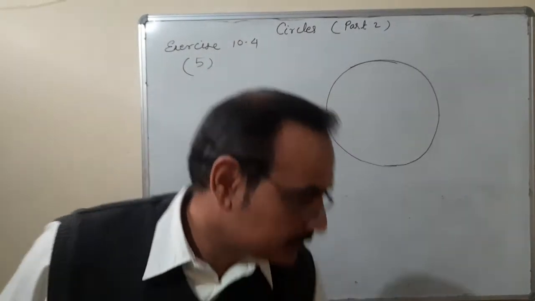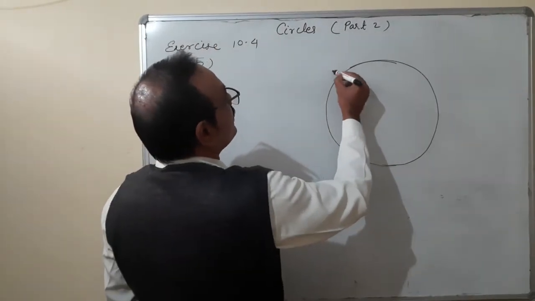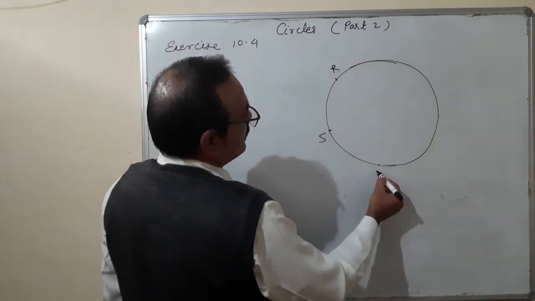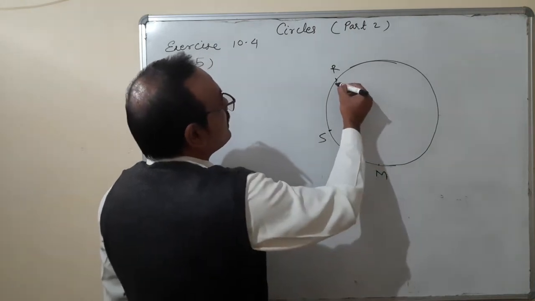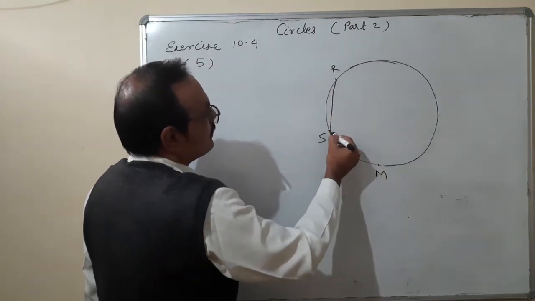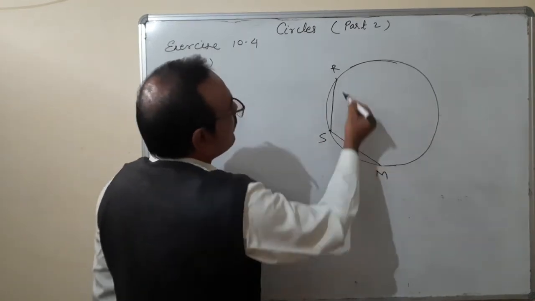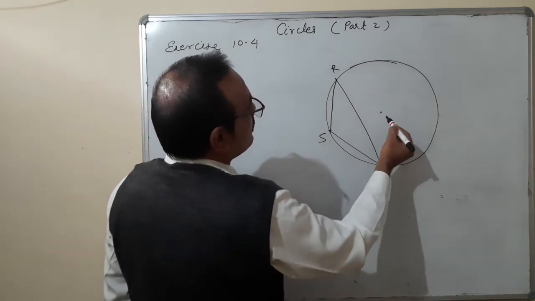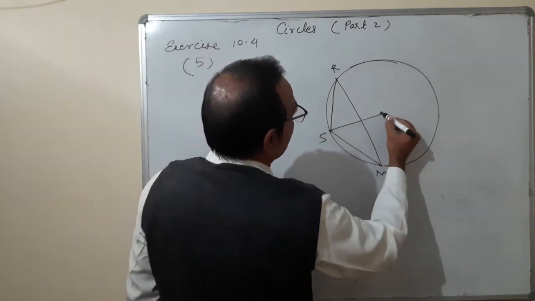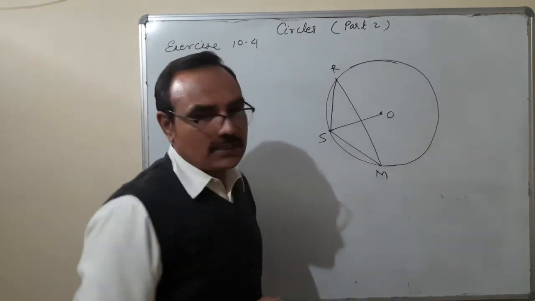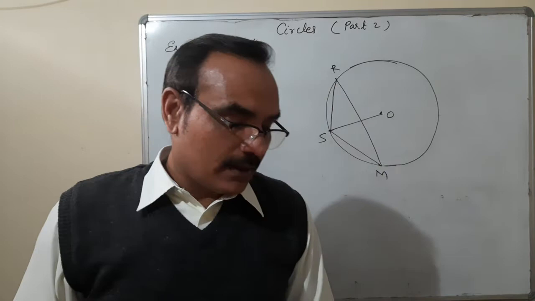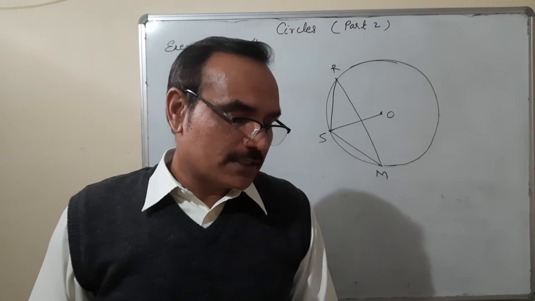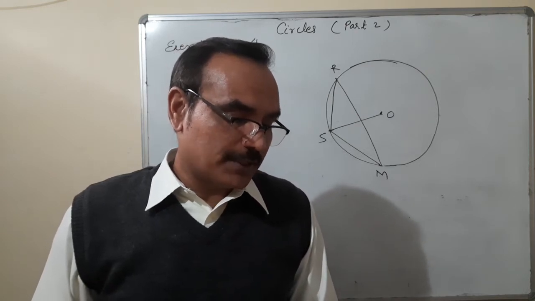Resma, Salma and Mandeep, this is the position. Resma, here is Salma, and that is Mandeep. Resma to Salma and Salma to Mandeep. The radius of this circular park is 5 meter, and the distance between Resma to Salma and Salma to Mandeep is equal to 6 meter.